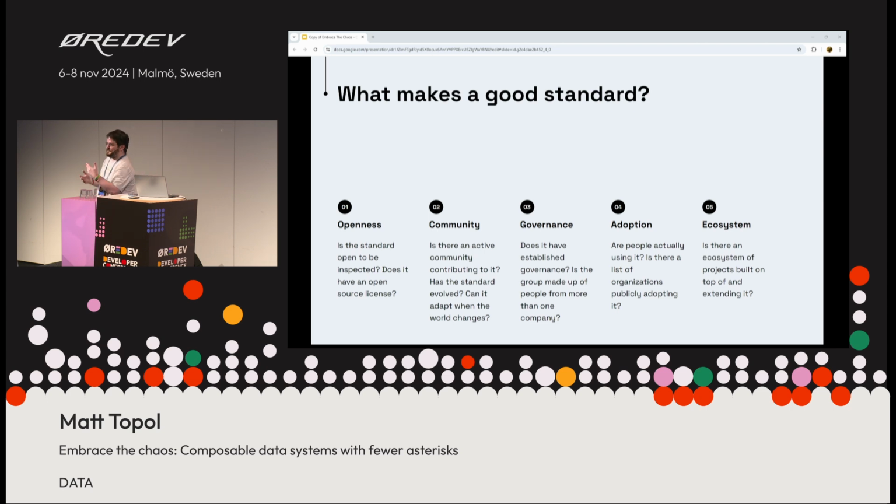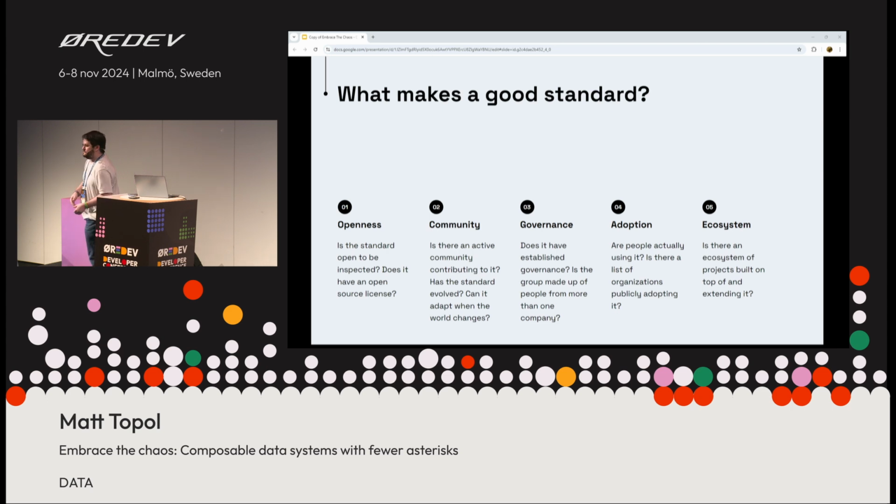Once you have a nice community, is there a governance model on the standard? Whether it's the Apache software way of doing things, whether it's Linux Foundation, or whatever governance you choose, there needs to be some kind of governance around it. You don't want it to be where one person is the only person who makes every decision on, does this get merged? Does the standard change? I say no. Well, you want a governance model with multiple people, multiple vested interests from different areas, different companies, different places, so that no one individual can actually control the whole standard.